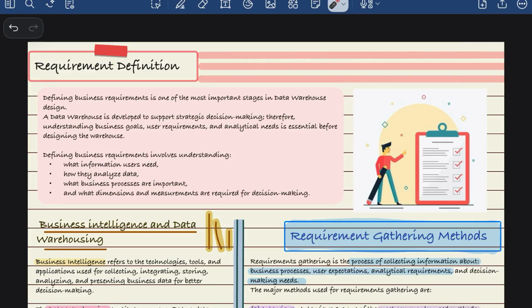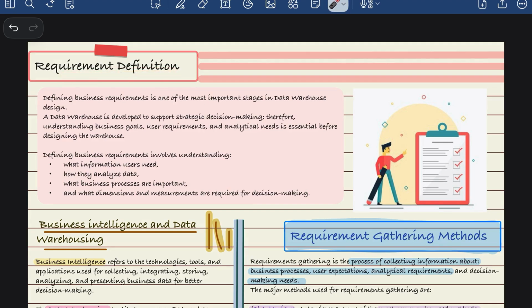So the most important thing is to understand how we actually come to a conclusion of making a data warehouse. The very first step in every company or organization is to define the business requirement. What does our business want? Why does it want it? Asking these questions and developing the goal, understanding the business goal and the user requirement, is the concept called requirement definition.